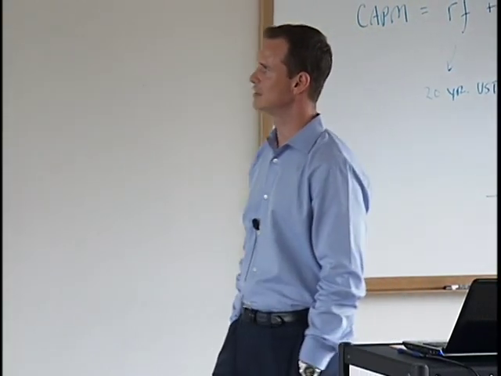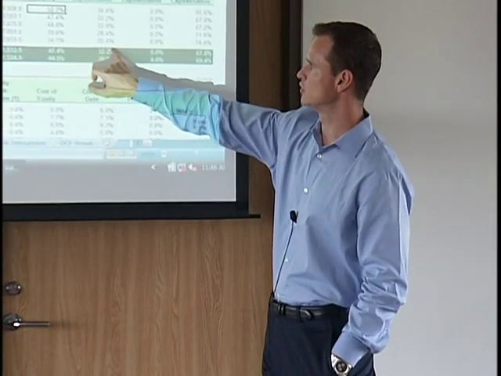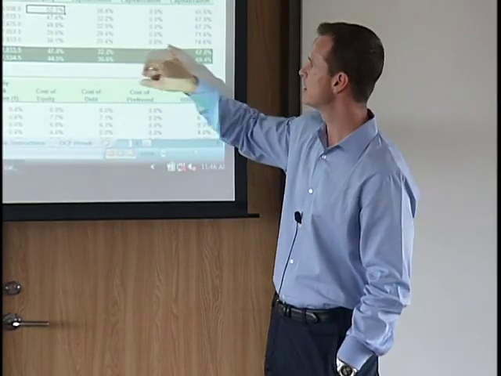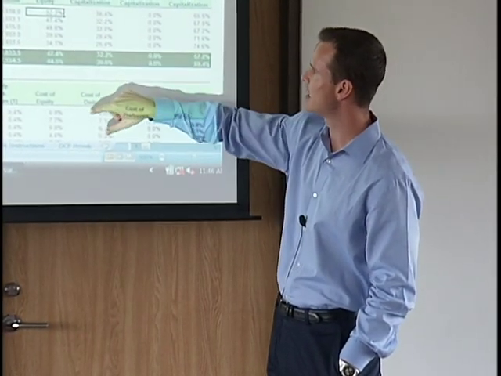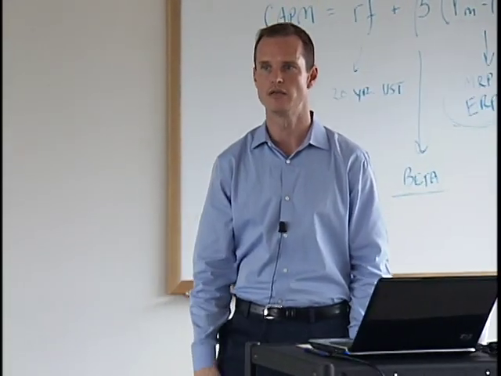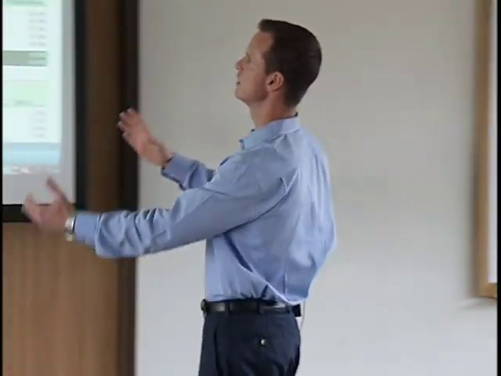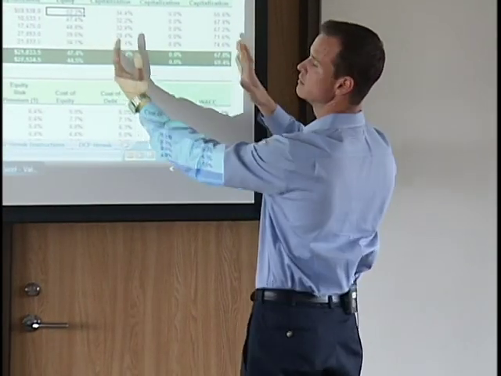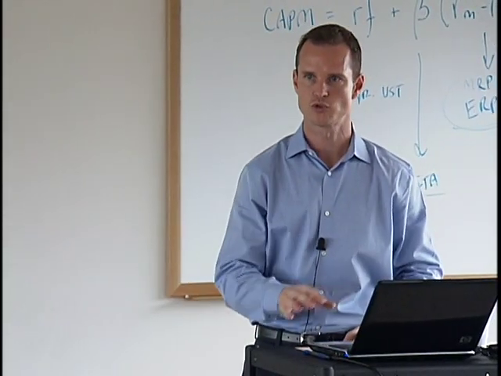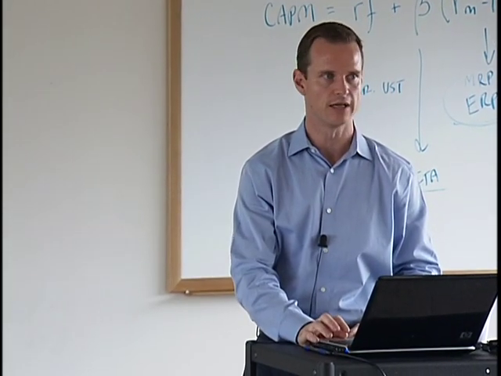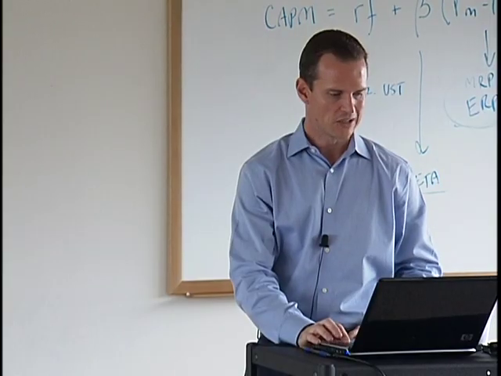We capture debt to total capitalization. Kellogg being the lowest at 25% debt, they've got 75% equity. Kraft is the highest, 34% debt, 66% equity. These items here add up to 100, as they should. Any questions on that? We'll show you how these come into play a little bit later. As we go down